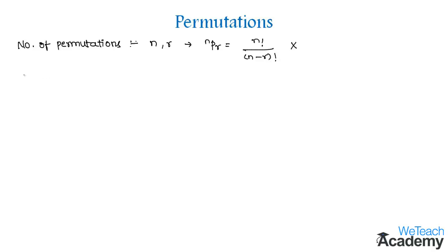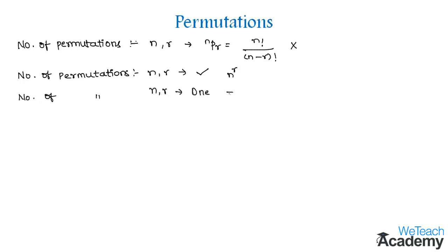In this section we are going to learn about the number of permutations of n dissimilar things taken r at a time when repetition is allowed. The formula here is n power r. And the number of permutations of n dissimilar things taken r at a time with at least one repetition is given by n power r minus nPr. So these are the formulas we deal with in the concept of permutation when repetitions are allowed.